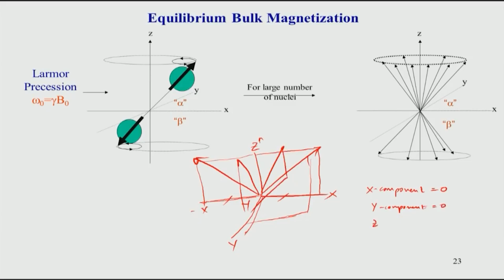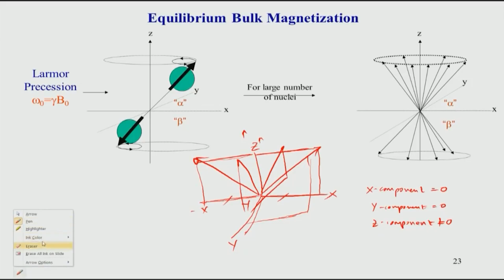But if you look at the z component, what is along the z axis, this is the component which is drawn here. This is always pointing in the z axis, no matter what you take. Therefore, the z component is never equal to 0, only the x and y cancel each other. So, this is the picture we have to keep in mind,